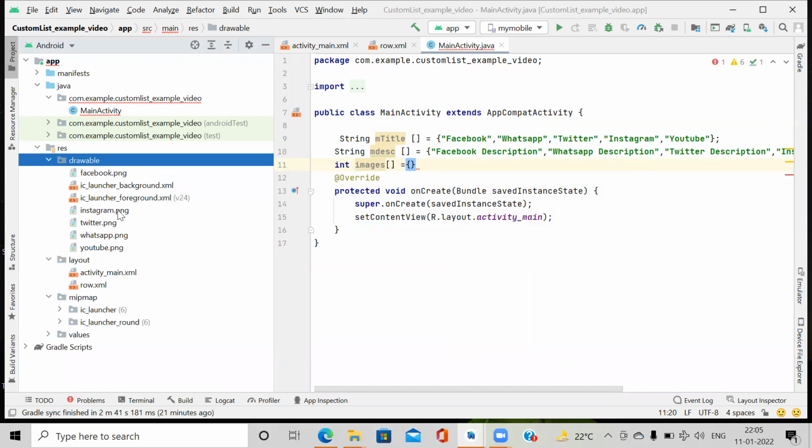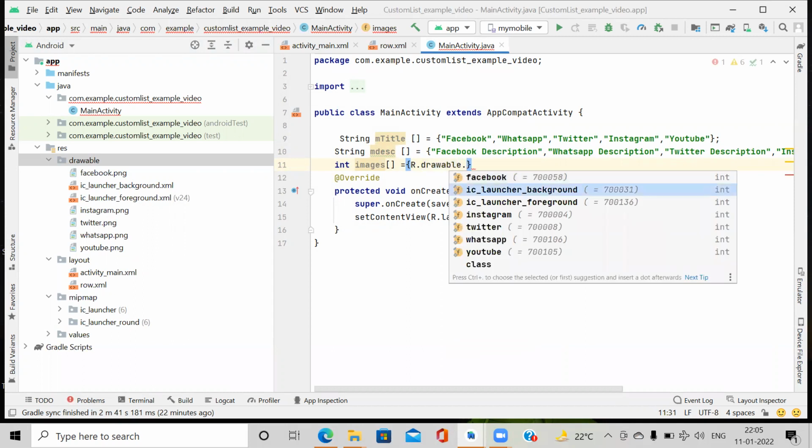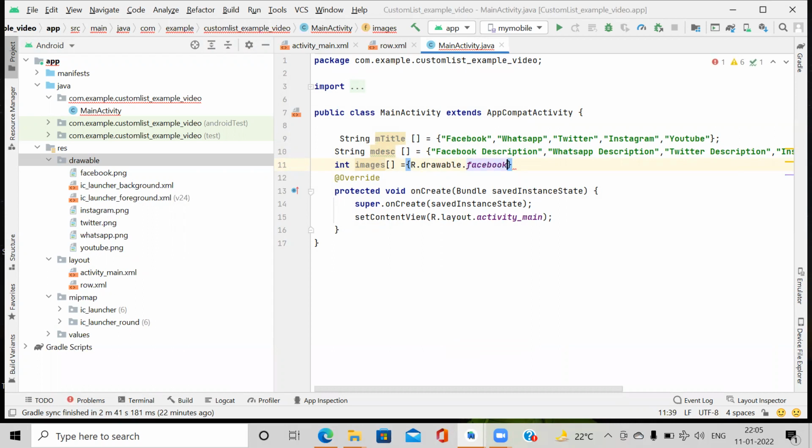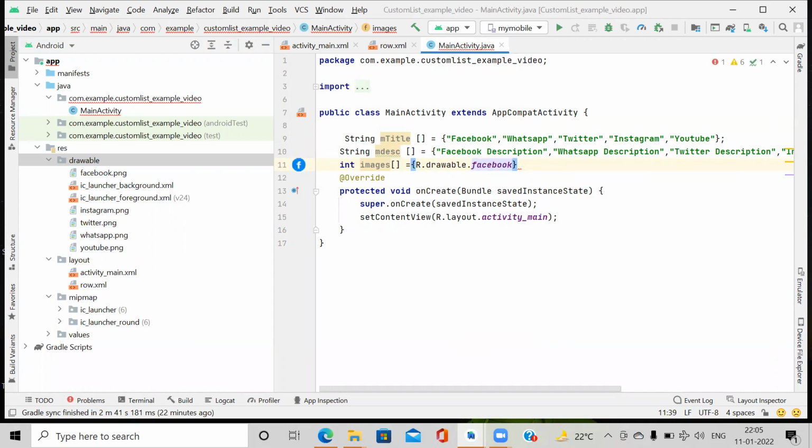So all the images are there: Facebook.png, Instagram, Twitter, WhatsApp, and YouTube. I just give the path here: R.drawable.facebook. Then R.drawable.